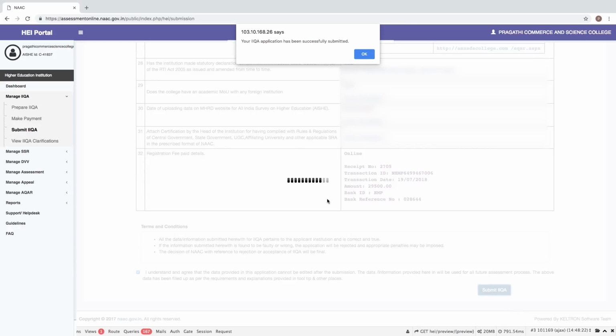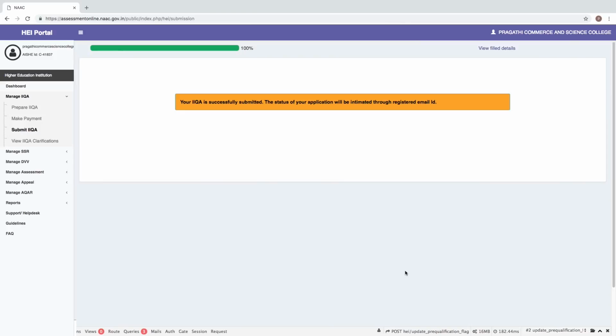Now, this will say that your IIQA has been successfully submitted. Upon clicking OK, you will see that the bar becomes 100%, and you will get a message stating that your IIQA is successfully submitted. The status of your application will be intimated through registered email ID. After this, NAC will be taking around 15 to 30 days time to process your IIQA